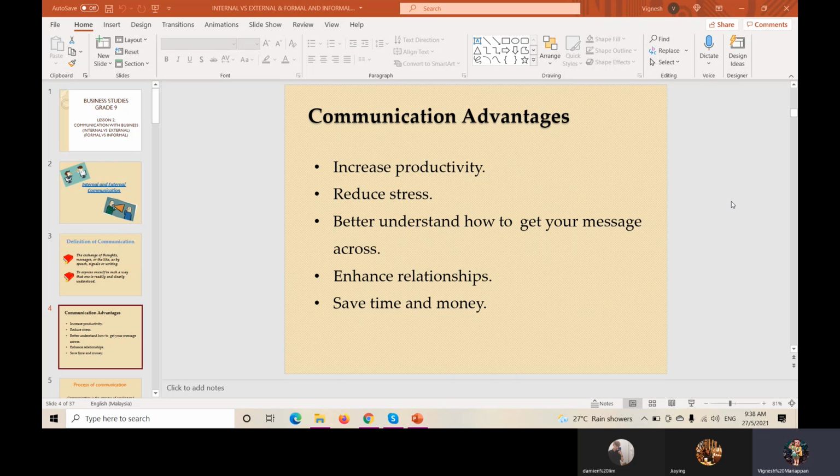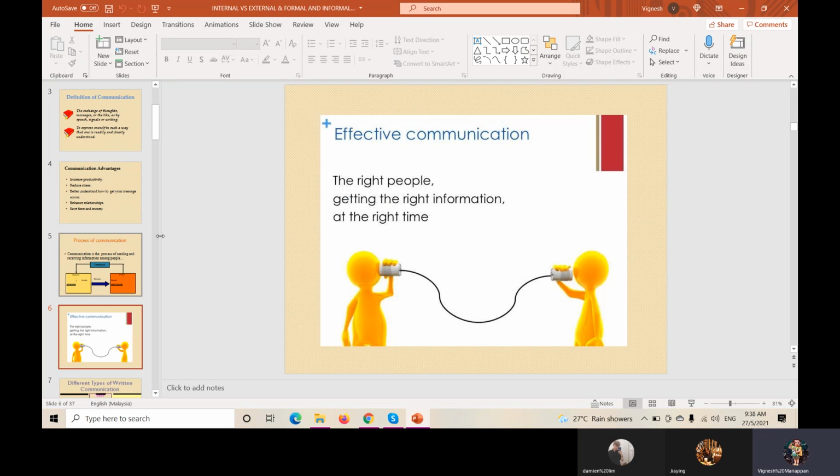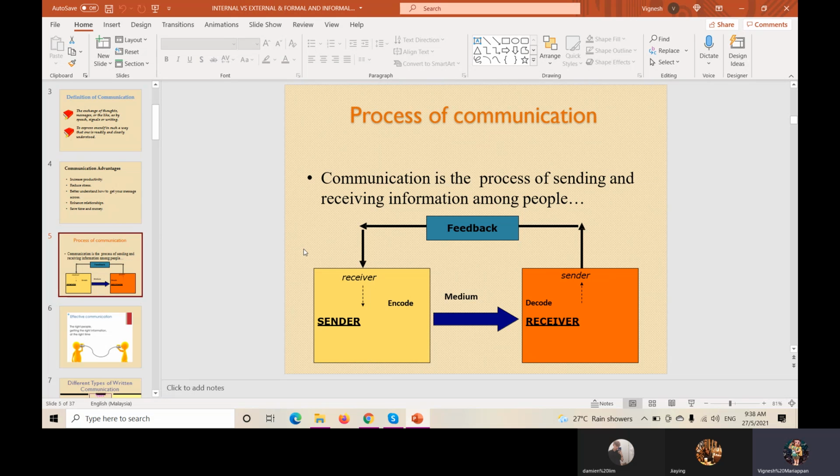So it will save our time and also the money. These are all the advantages. Please do remember the advantages. And the process also, the teacher already taught last time. Please refer to the previous slides. How to draw the process of communication is there. And I already explained everything. You can watch the recorded video there, and the link is already in Edmodo. Please don't miss the lesson. If you missed the lesson, it is okay, all the ways are there: the videos, the notes, and the worksheets are there.